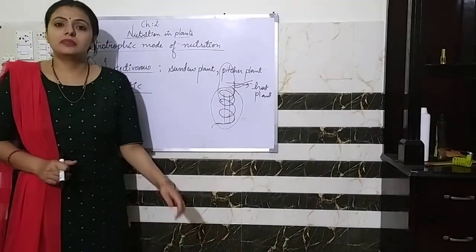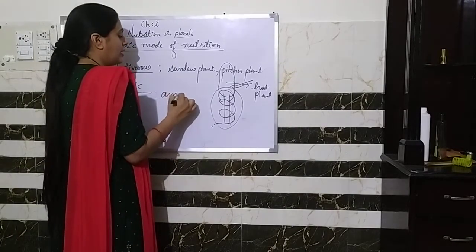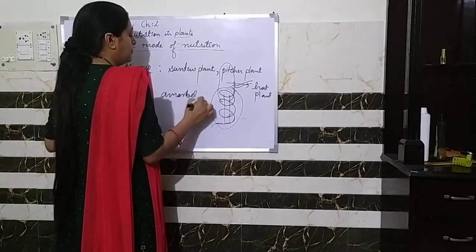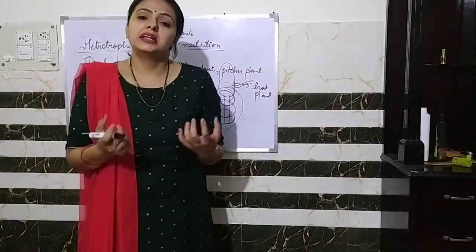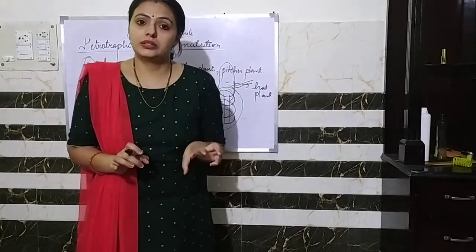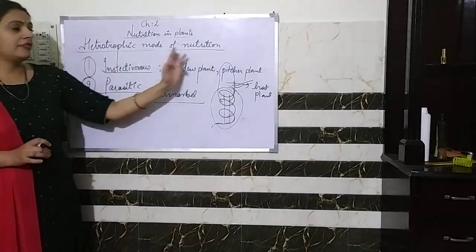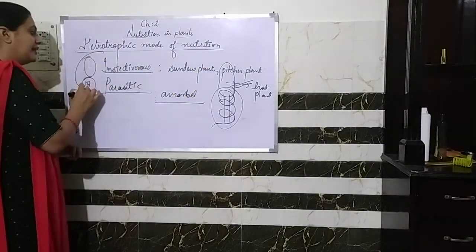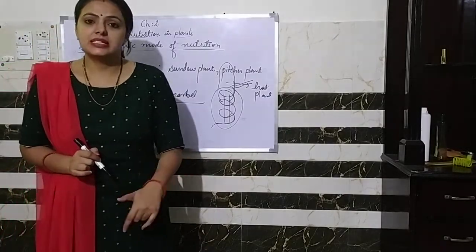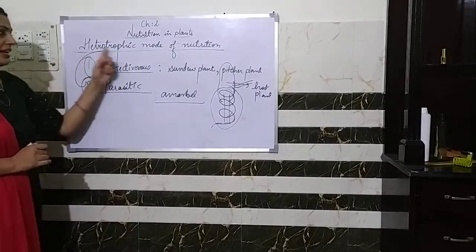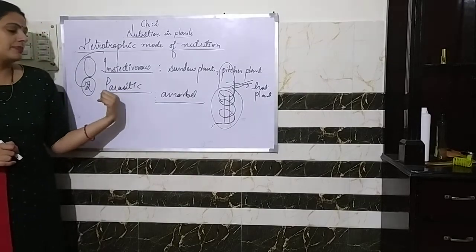And let us take some examples of it. We can take the example of amar bale. Have you ever heard about this? Amar bale. Basically, this plant climbs up on another plant and gains its nutrients from that host plant, right? So such type of nutrition comes under the heterotrophic mode of nutrition, and its subcategory is the parasitic mode of nutrition. So here we have discussed two modes of heterotrophic nutrition. The first one is insectivorous and the second one is parasitic.